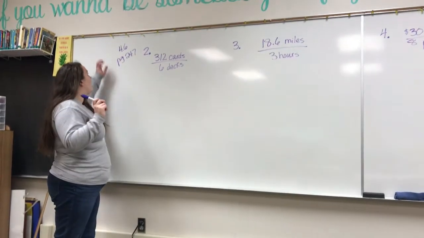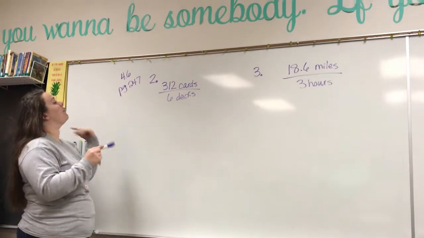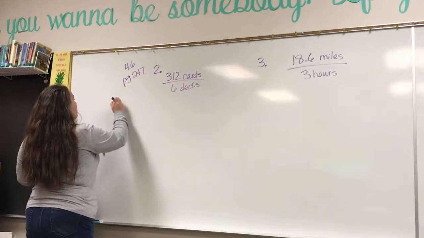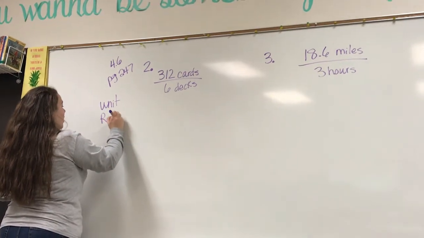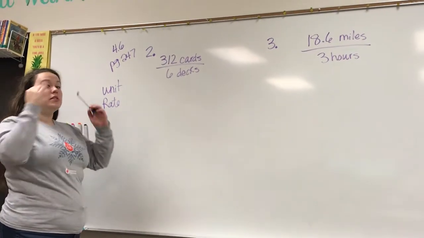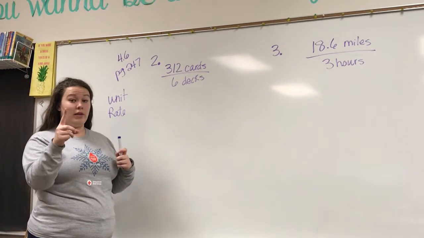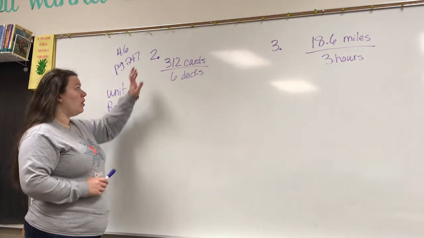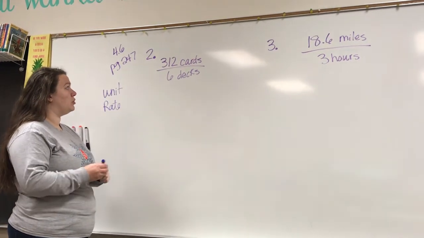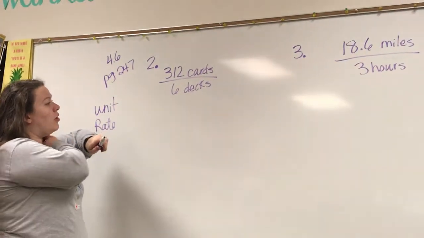All right, we are on lesson 4.6 and we are on page 247. And this whole thing is about unit rate. And that is putting it in simplest and lowest terms, usually going down all the way to 1. Okay, I'll explain that. So, in your book on problem number 2, it says that there are 312 cards and